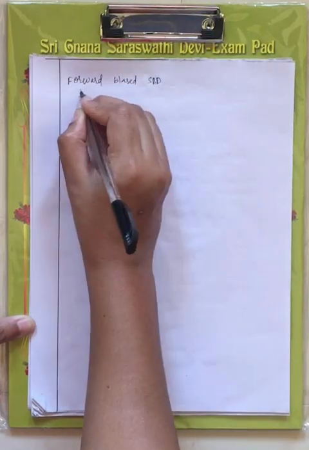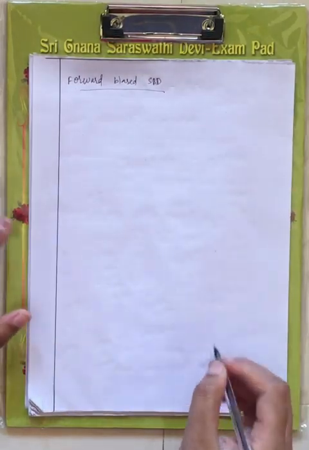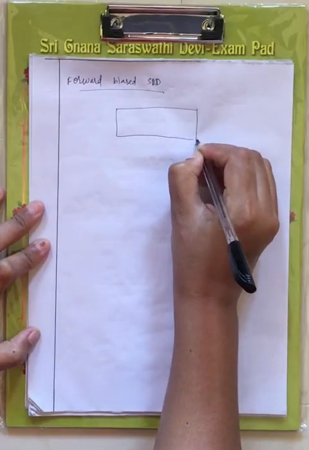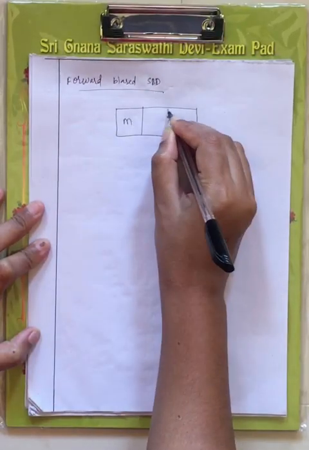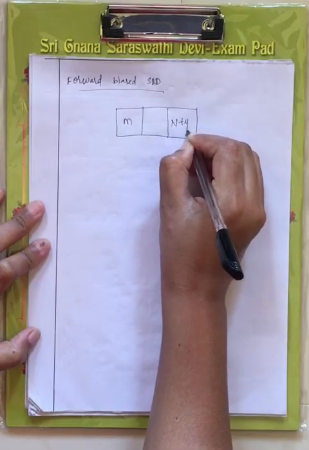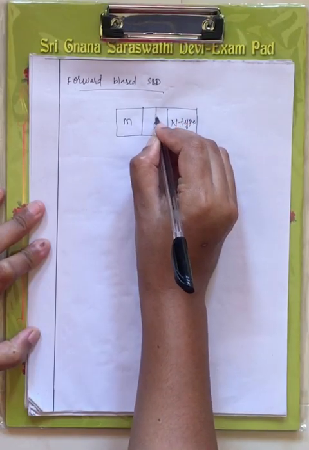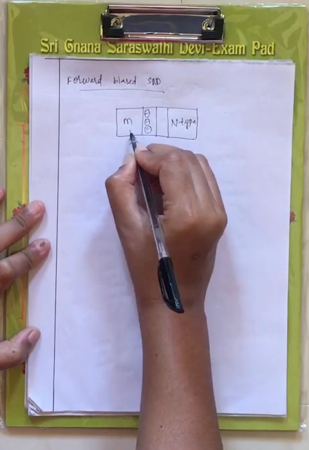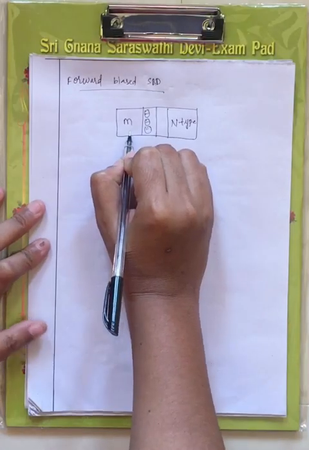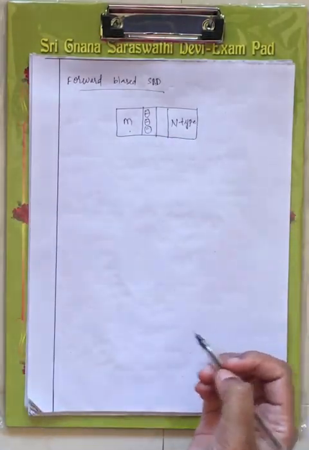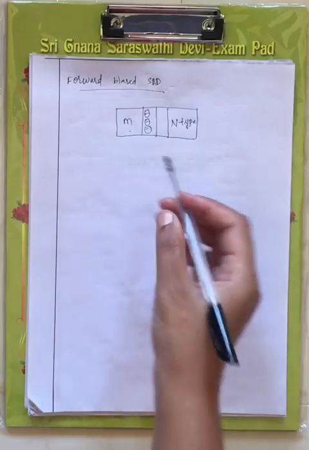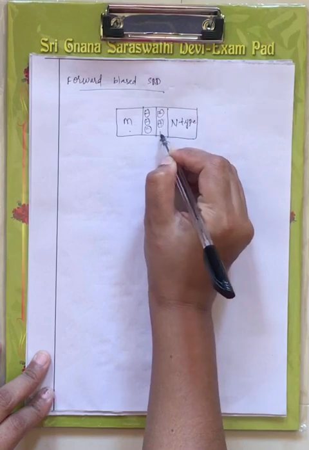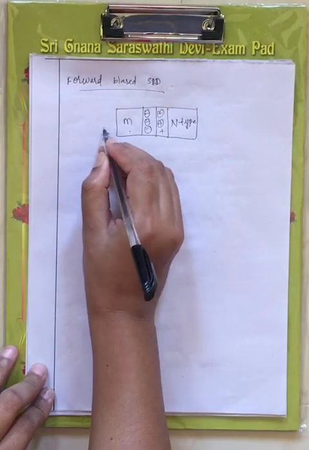Forward biased Schottky barrier diode, right? Now initially let me draw its structure. You will have a metal here, and you will have an n-type layer here. When you are combining metal with n-type layer, the electrons in the n-type layer will move towards the metal, right? Hence the atoms in this metal will gain extra electrons. Because of this gaining of extra electrons, that results in negative ions at this side. Now since the electrons are moving towards this metal, that results in positive ions, right?